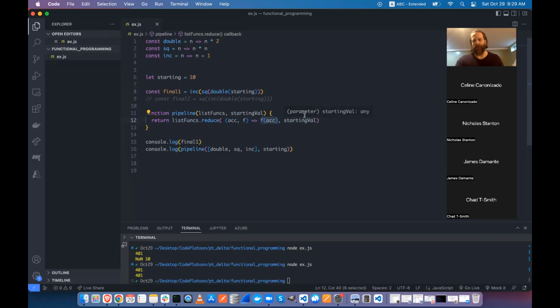So you have to start with something, and by default, it will use the first element in the list, but that doesn't work with our case because this is the function, so we'd have to call a function with undefined the first time, which would not work. So we have to pass it the starting value initially, and once we bootstrap the function that way,